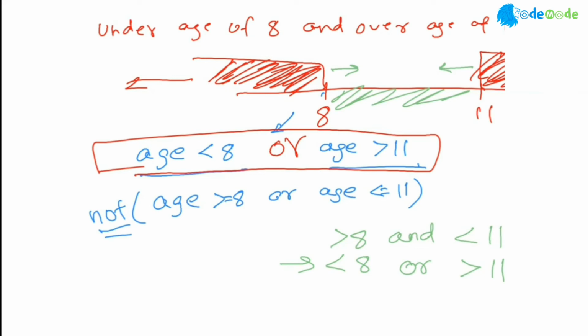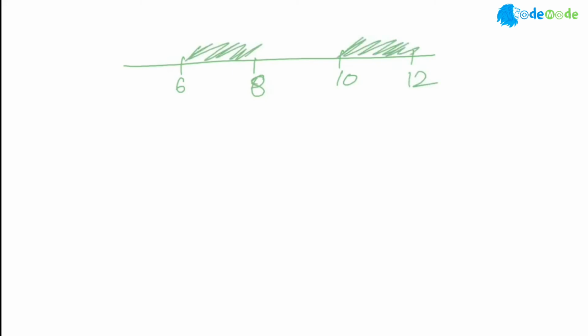Same thing if I do it and I say, let's say between age 6 and 8 or between 10 and 12. So 6 and 8, 10 and 12. So I'm saying this area or this area, right? And I said between 6 and 8 and